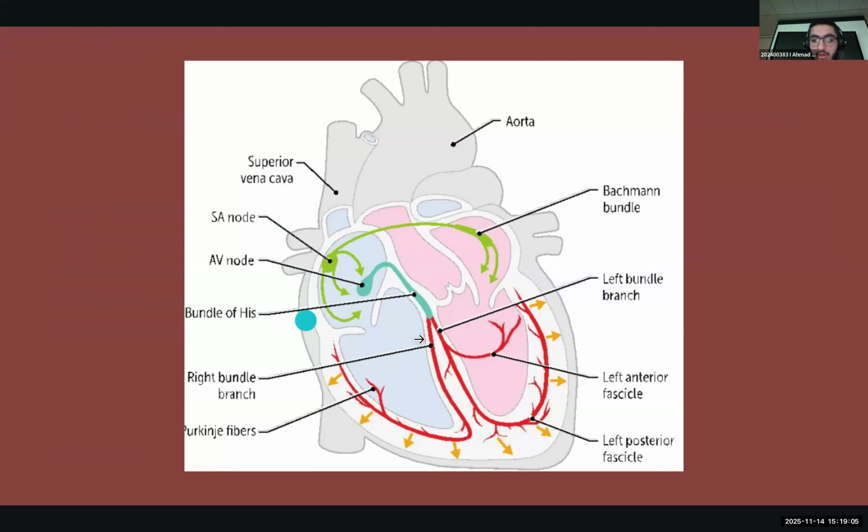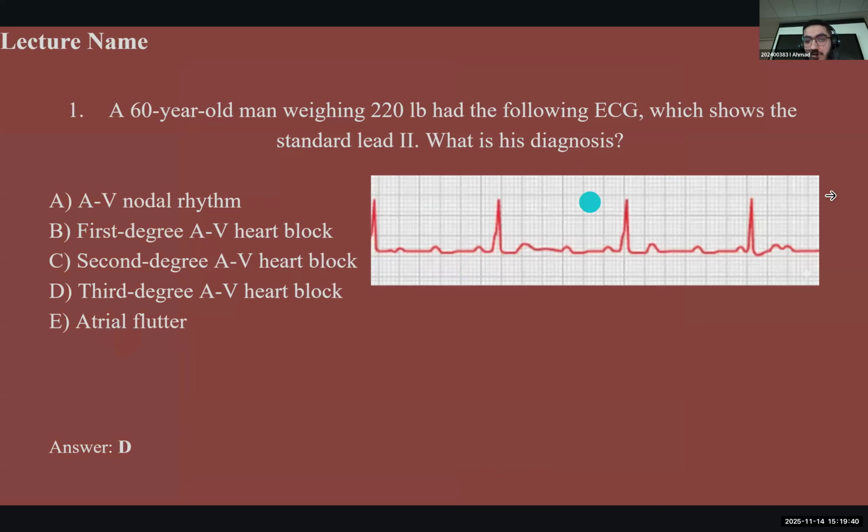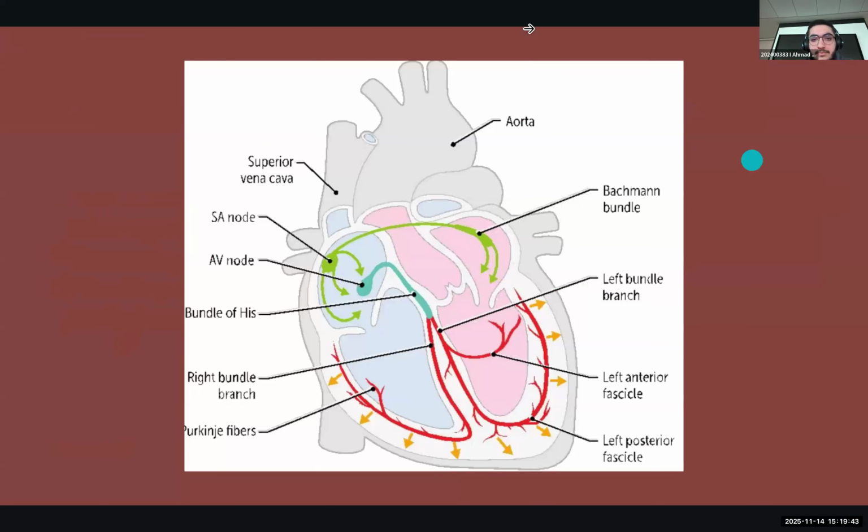And then for the 4 types of AV node blocks, you got the first degree, which is just barely any blockage. There will be only elongation of the PR segment. Then the second degree, you got 2 types. Type 1, which is Mobitz type 1, the PR segment keeps on elongating until there's a drop in the QRS wave. And then type 2, there is a bit more extreme blockage, which will have random drops of QRS. And then the third type, we mentioned it here, a lot of P waves and the Purkinje fibers alone. Okay, that clear?